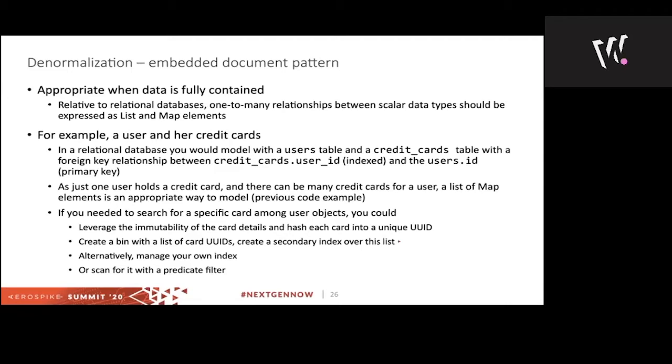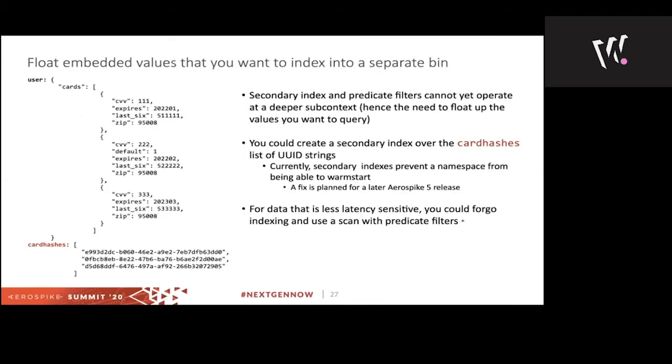If you need to search for a specific card among user objects, you could leverage the immutability of the card details, the fact that they don't change once you create them, and hash each card into a unique UUID. You can create a bin with the list of card UUIDs, and then, in theory, create a secondary index over this list, or alternatively, you can manage your own index, or you can scan for it with a predicate filter. So secondary indexes and predicate filters can't yet operate at a deeper sub-context, and this is why we need to float things up